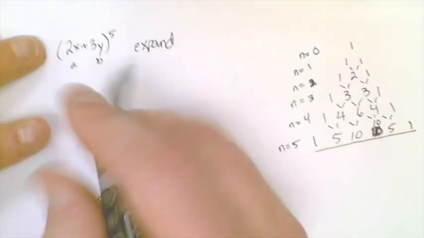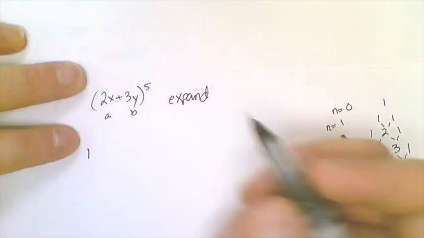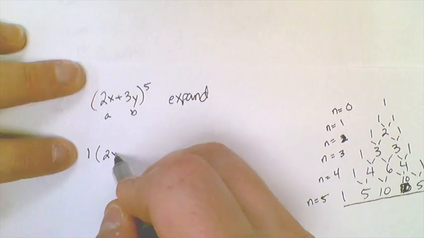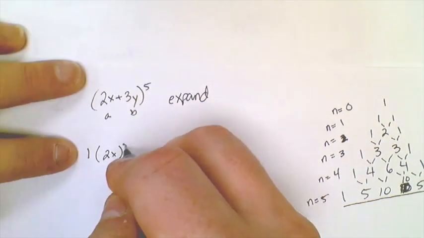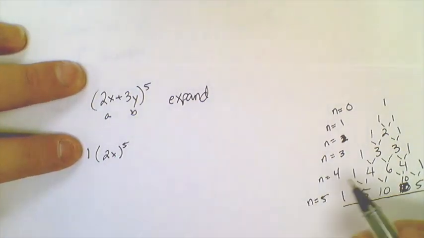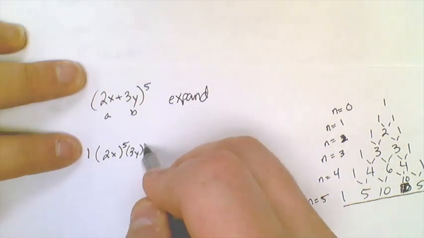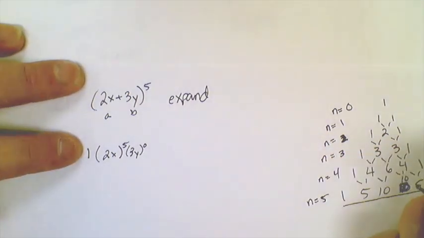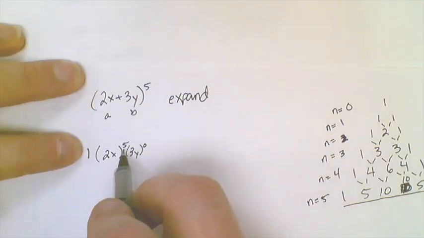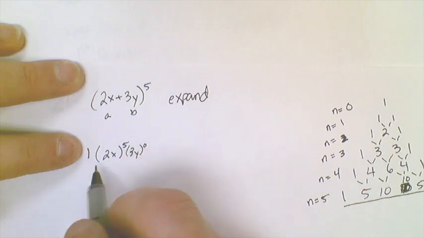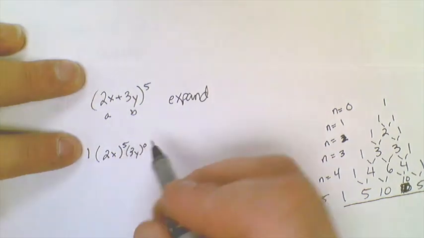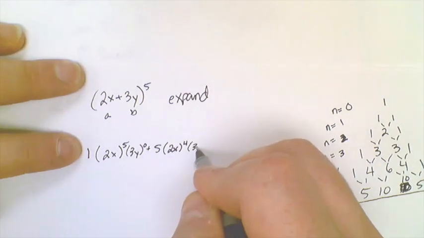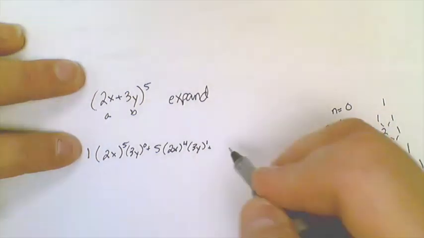So the first one starts out, I have 1, because that's my first coefficient. And then I'm going to have 2x to the fifth, because you always start with that first one to the biggest power, and then the 3y to the 0. Once you have that first term down, the rest should be pretty straightforward, because that number is going to keep going down by 1, that number is going to go up by 1, and that number out front just matches your triangle. So it'll be plus 5 times 2x to the fourth, 3y to the first, plus 10